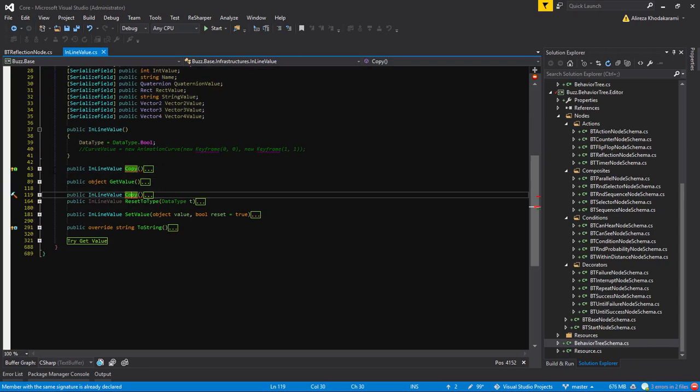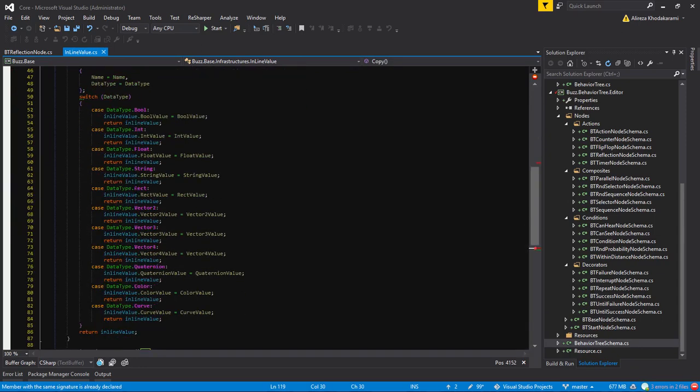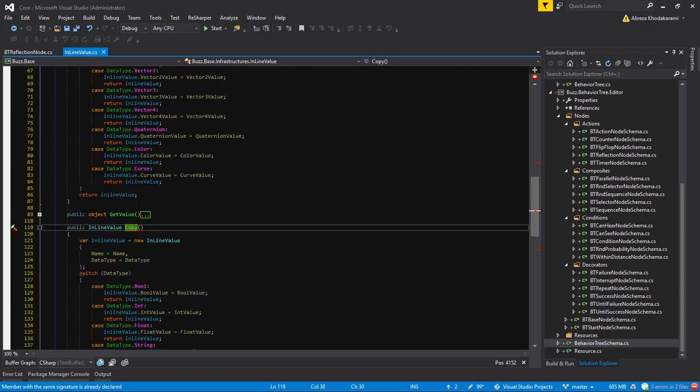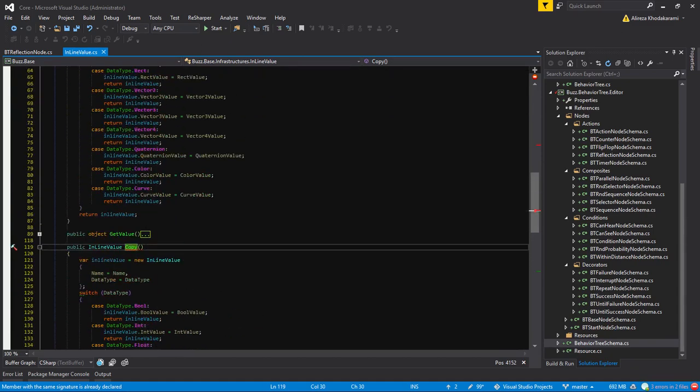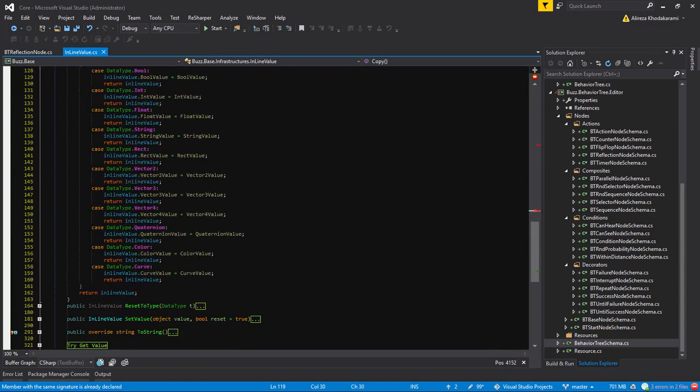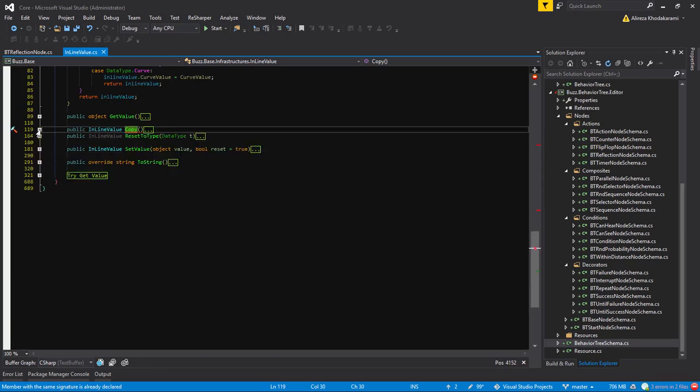Okay, I have a copy that returns inline value, and they are exactly identical. I'm not sure what I did there. So